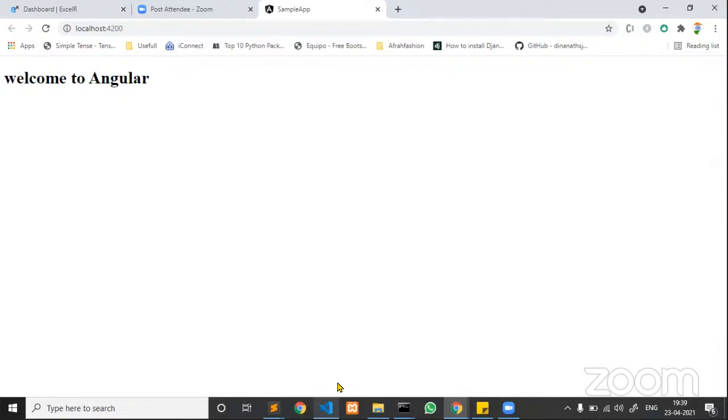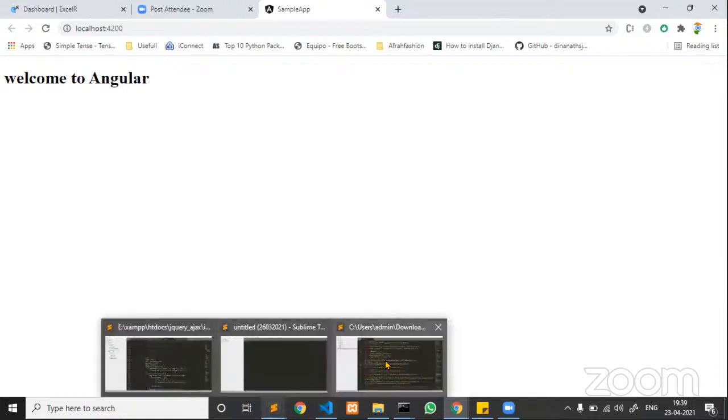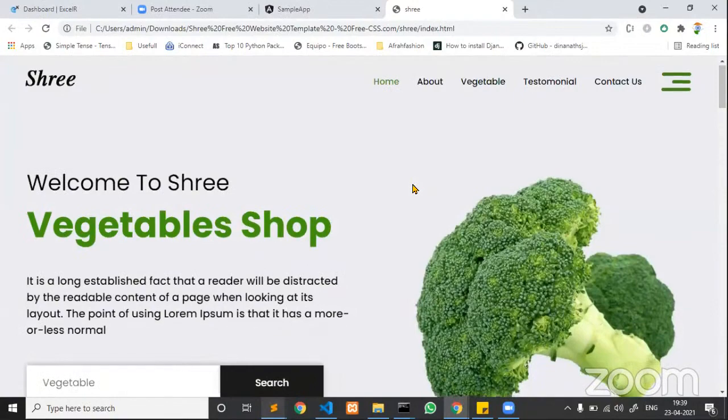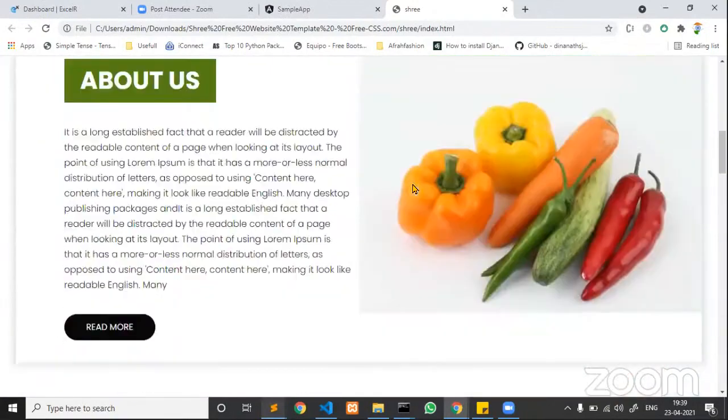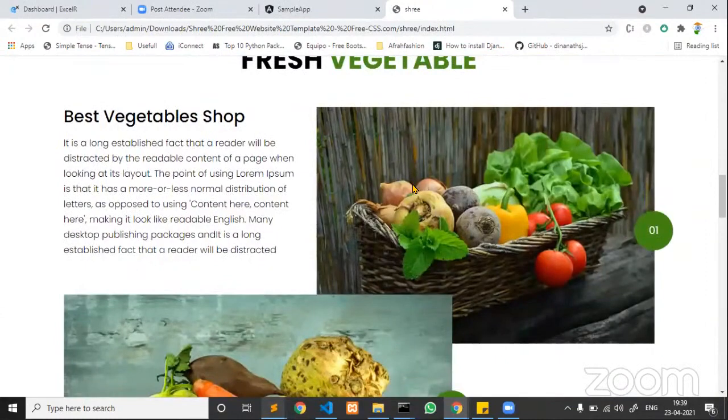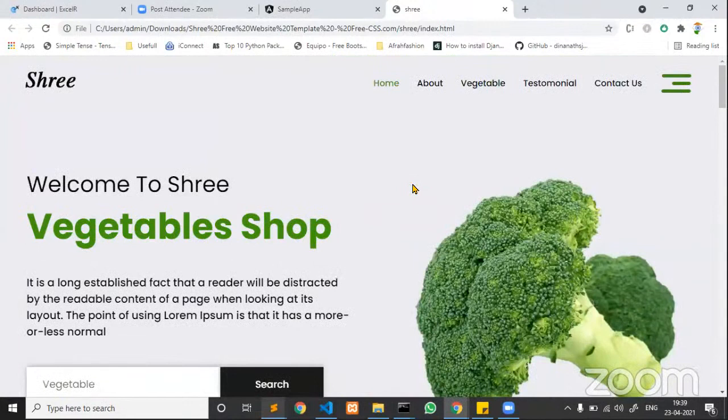Since I had already created one layout, guys listen carefully. This page I wanted to generate by using Angular. Now I have an HTML version already with me. How I am going to decompose this particular page into multiple components, first you please try to understand. You must plan. Now if you look at this example,